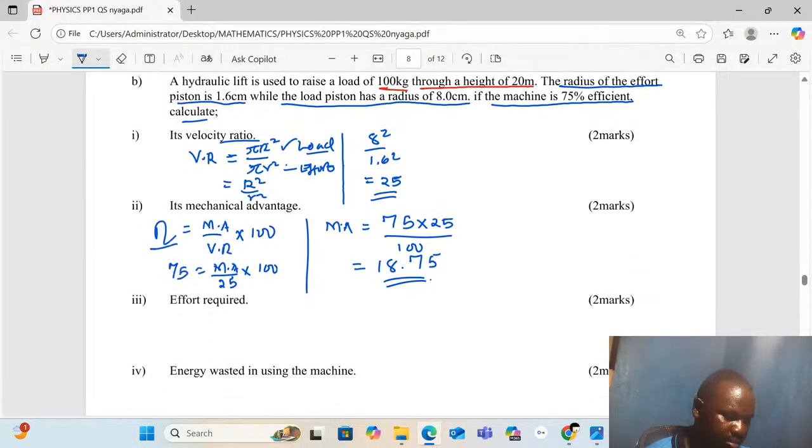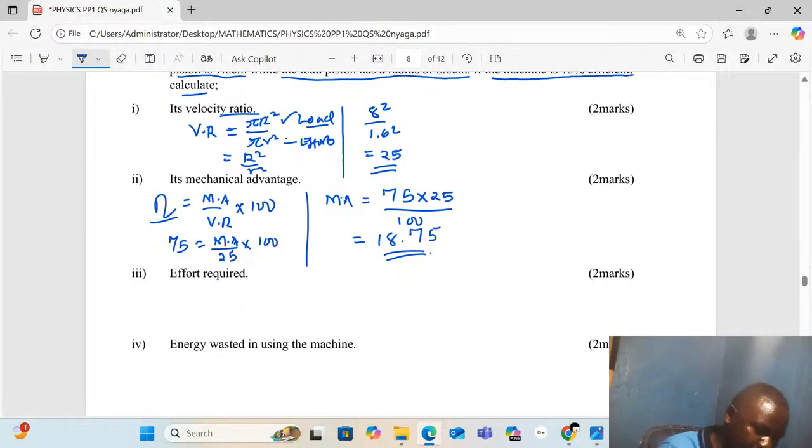But Roman 3 of B, the effort required. Mechanical advantage is given by the load over effort. Since now we have the mechanical advantage, we have the load. Now we can find the effort. So you can say